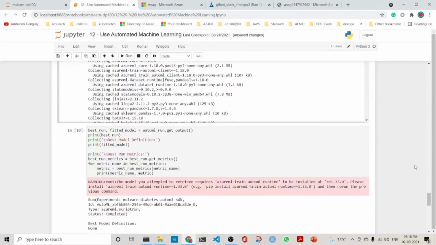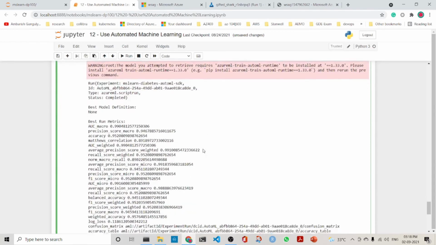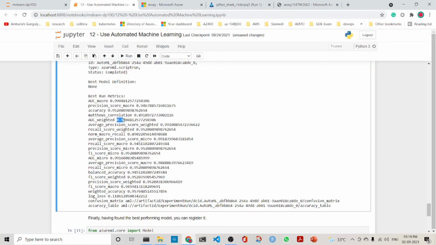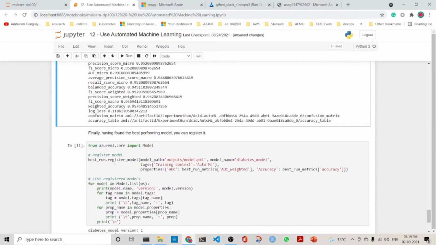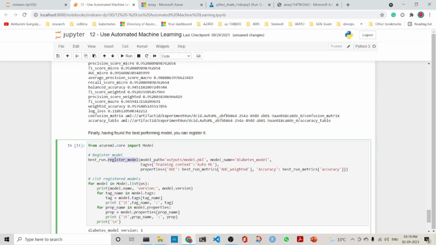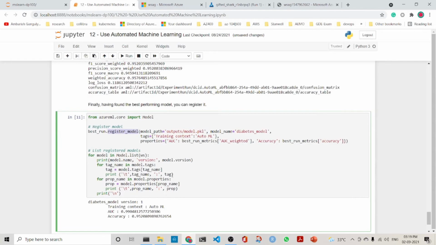We can get the best run by using AutoML run.get_output, which gives the best run. The best run.get_metrics will give you the best run metrics, and if you see here, the best AUC weighted is 0.99048. So this is how we are getting the best run. And then we are registering the model so that the model is registered into our workspace.